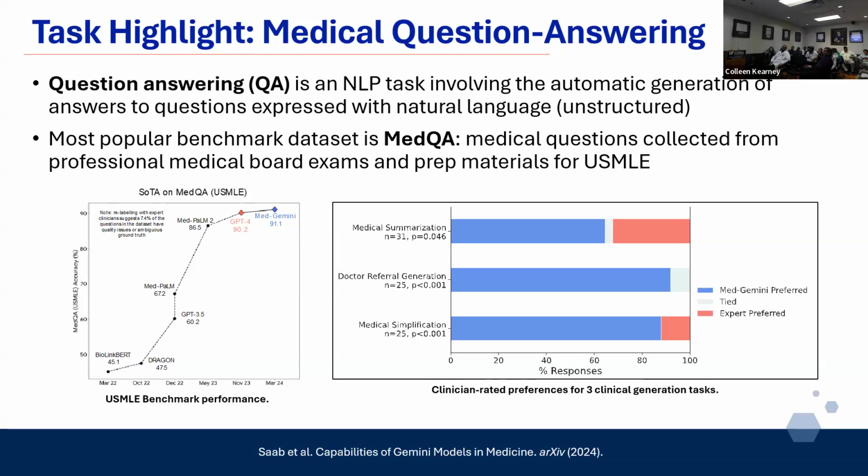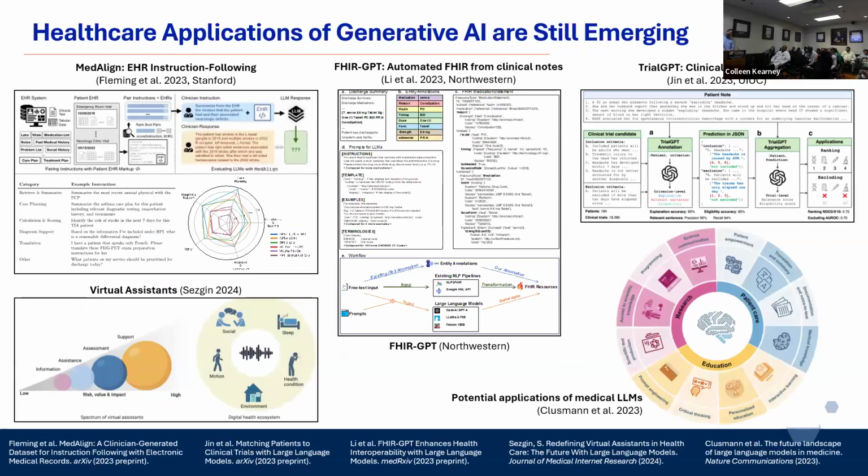It's a very, very huge paper. They have lots of different capabilities they demonstrated, studies with experts. Of course, they showed that their expert rater panel preferred the LLM generated medical summaries, doctor referrals, or simplifying medical language for the patients, which are all great tasks. But supposedly the panel preferred the machine generated ones.